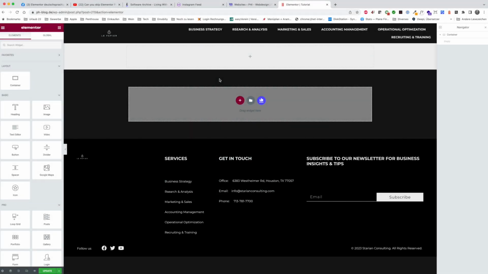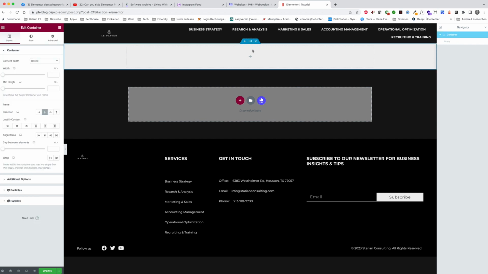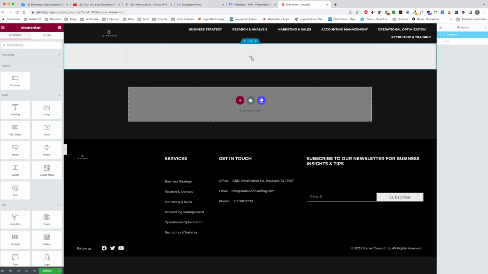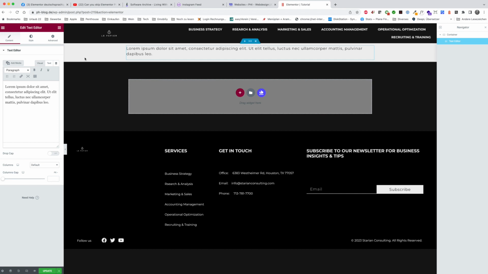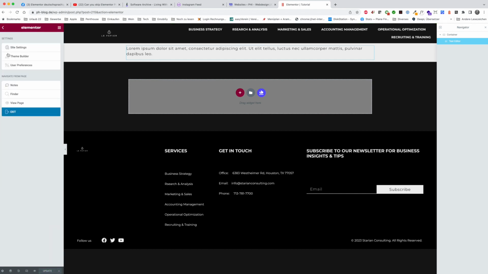All right, let's start. I'm here on one of my test pages I'm using for the tutorial. I have set up a container here, and within this container with a white background, I'm going to place the text editor. I'm saving this, and let's view it